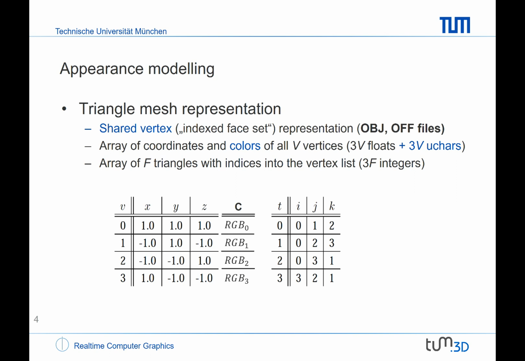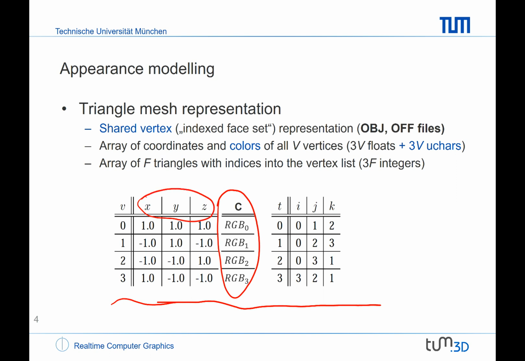So first of all, once we have these colors, let us briefly talk about how we extend the shared vertex, or the so-called indexed face set representation we have introduced last time. So you see how the color goes into that representation here. In fact, all we have to do is store for each of the vertices one additional attribute, namely the RGB color components that make up the color of that vertex, meaning that we simply extend the vertex list. Instead of just storing the coordinates of every vertex, we now also store its color,